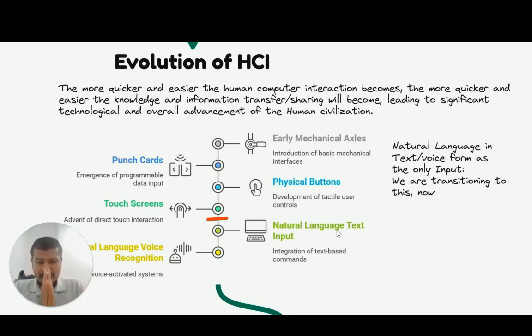So that is why it is very much important for us to know how natural language is being processed, because with natural language processing, imagine if we have a tool that is able to understand what we say directly, then the information transfer or the knowledge sharing will become even easier, with easier and quicker information transactions. We'll be able to accumulate knowledge faster, build new things on top of each other's knowledge, and then advance our civilization as a whole.